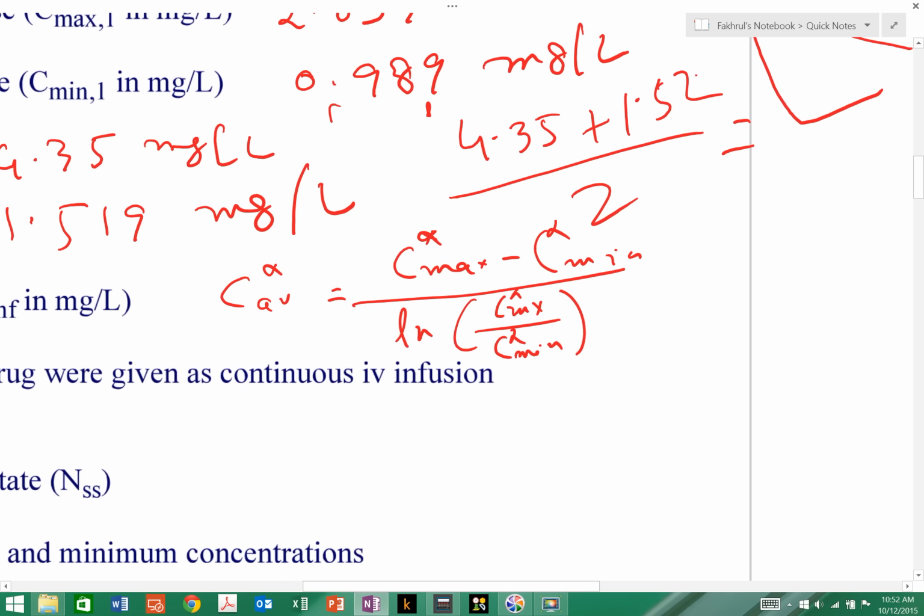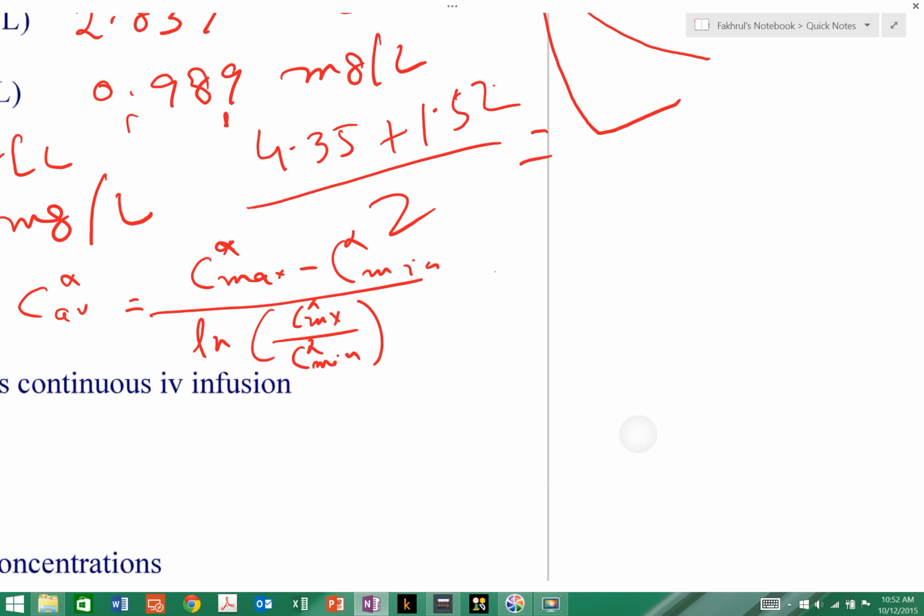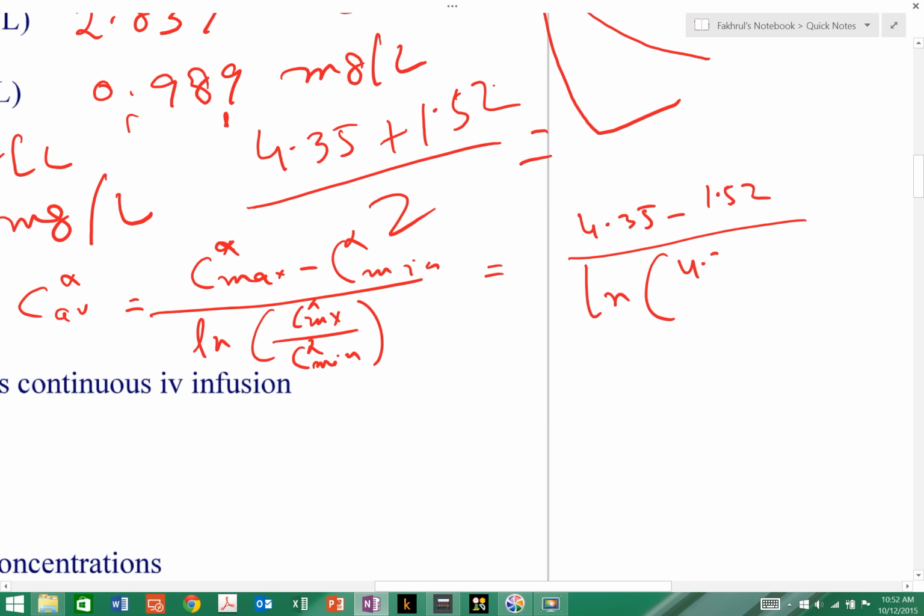So using this equation, you can put in your Cmax infinity, which is 4.35, minus Cmin, which is 1.52, divided by log of 4.35 divided by 1.52. And if you work this out,